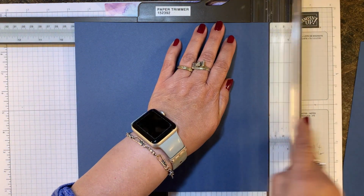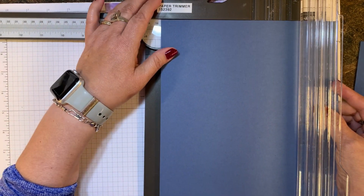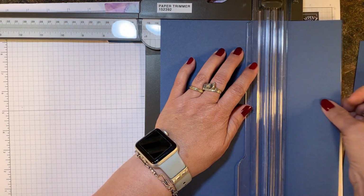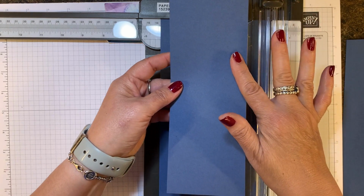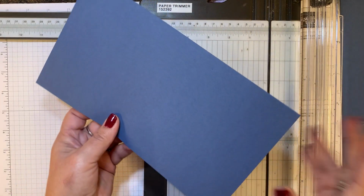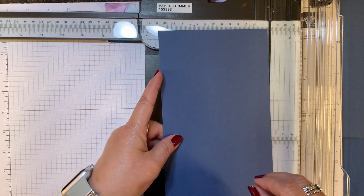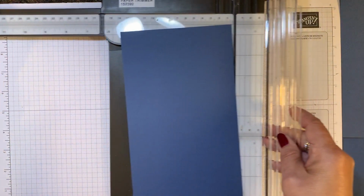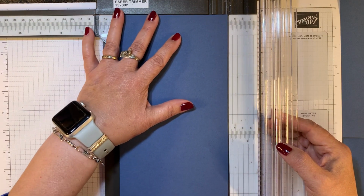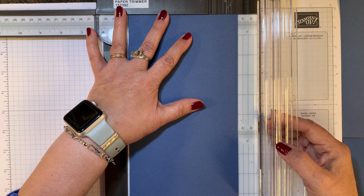And then I need it 5.25 with this 8.5 inch side up at the top. So I'm lining it up there at 5.25. Give it a slice. You'll be able to use this piece in a minute, so hang on to that. So I am going to do some scoring now here, and so I'm going to put the 5.25 inch side up at the top, and I'm going to go ahead and use my scoring tool on the trimmer to score this, and I'm going to score at 1/2 inch, and I'm just going to pull it over,